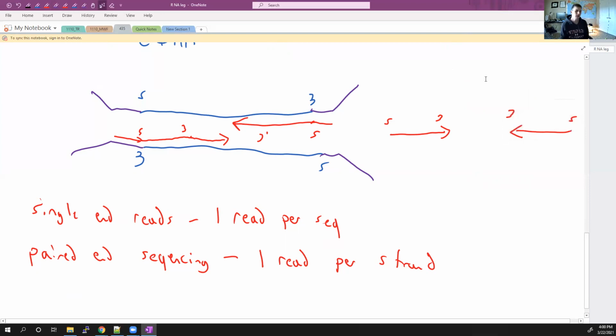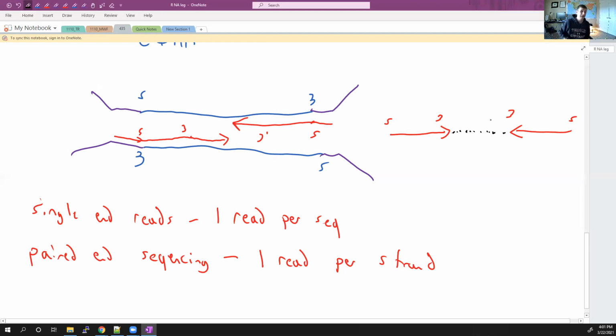And so the technology is to the point that we at least know when two fragments came from the same segment of DNA, right? So we know that this segment and this segment are linked together. We may not necessarily know what's in the middle, but we know that these two things came from the same mRNA molecule. And so that's kind of a big deal,